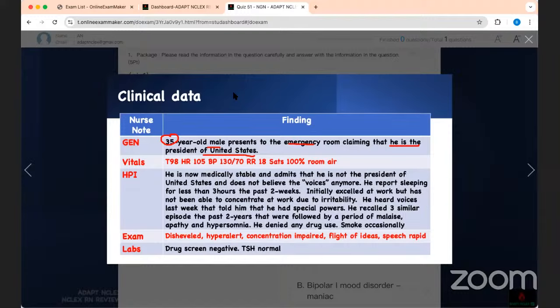He said he's the president of the United States. You know he's not the president, right? Temperature 98. His heart rate is a little bit high. The rest of his vitals look normal. He's now medically stable. That means we've cured him of whatever he came into the emergency room with. And he admits that he's not the president of the United States. That is the key. After we stabilize him, after we give him whatever we want to give him, he said,